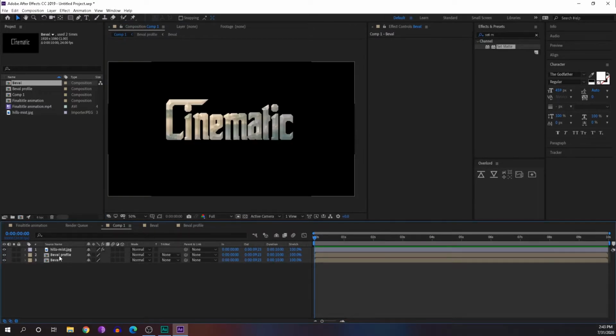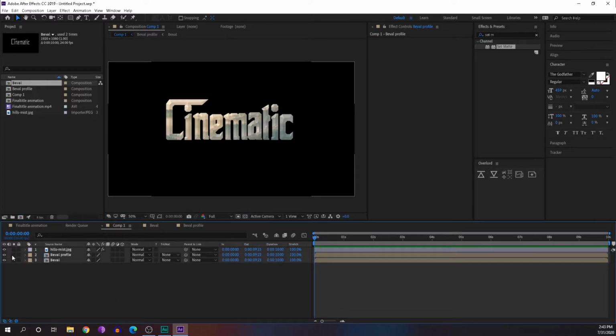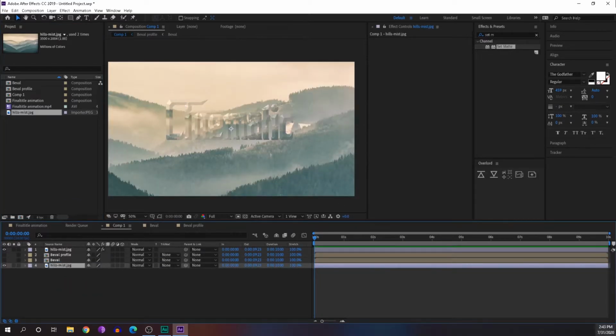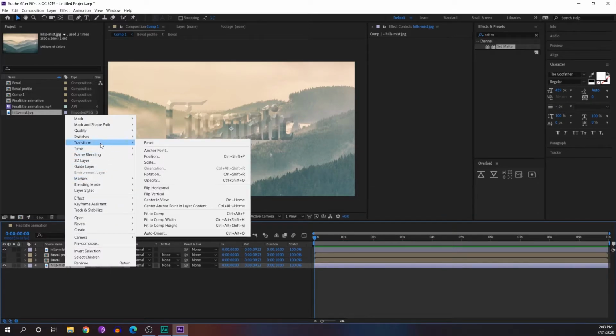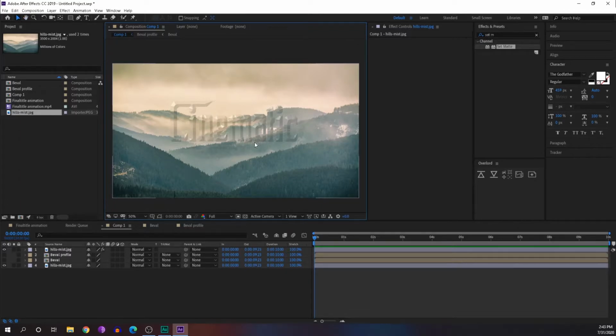At the same time, we actually don't have an alpha channel for our bevel profile. So that's the reason we created that. So now, since we use this, we don't need the bevel profile and bevel layer. We'll just disable them for now, and we will add the same image as a background for our layer also. So here, same way, we will go to transform, we will say fit to comp, so it will fit to the comp. Okay, now we have created our 3D layer, 3D effect.